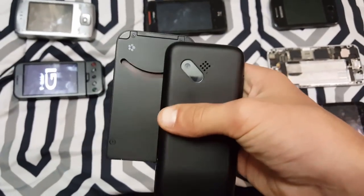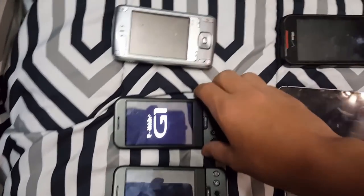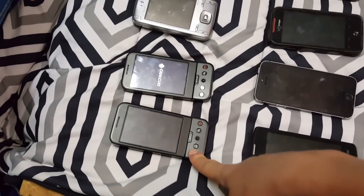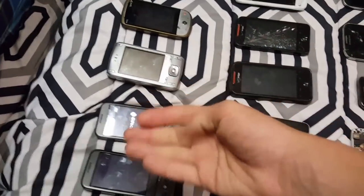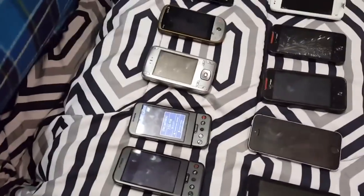Because they are worth more if they're first generation G1s. Because I think there were 3 generations of the first Android phone. And by the way, if I did not say it, these are the very first Android phones, because you might not have known, but there is an HTC that they were working on, but it was a BlackBerry type phone, and that never came out, but that had Android software on it, and it wasn't a touchscreen or anything. So yeah, anyways,